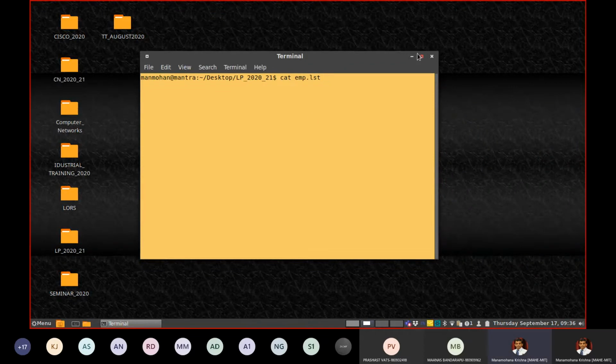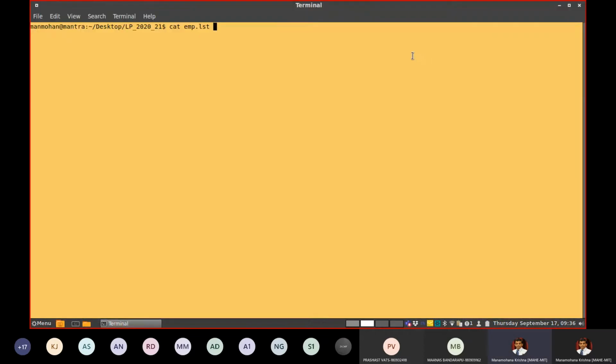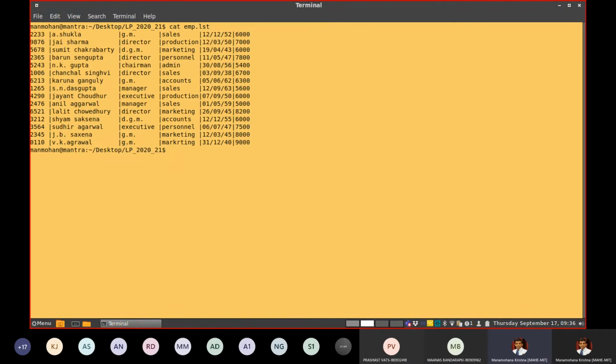Now look into this file content. Look into this file very carefully. It's a normal text file where I stored data of employees of a company.